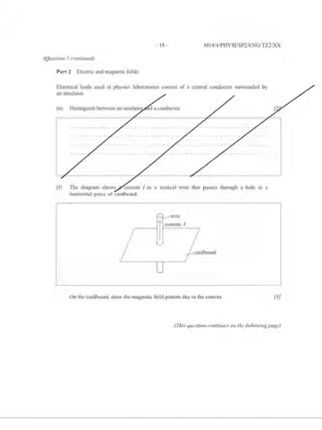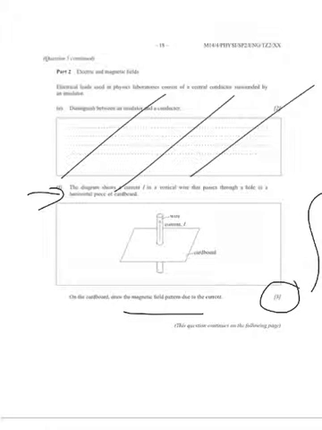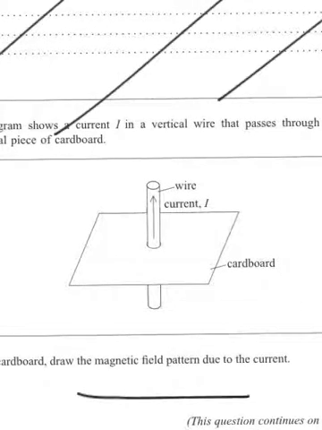The diagram shows a current I in a vertical wire that passes through a hole in a horizontal piece of cardboard. Draw the magnetic field pattern. Now you've got to be careful because it's 3 marks. So what we're looking for is shape, direction, and strength of field, which some of you missed out on. So very difficult to draw with this software, but I'll try it. The diagram should show,